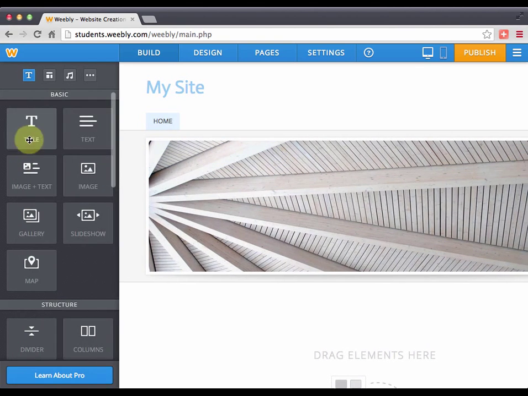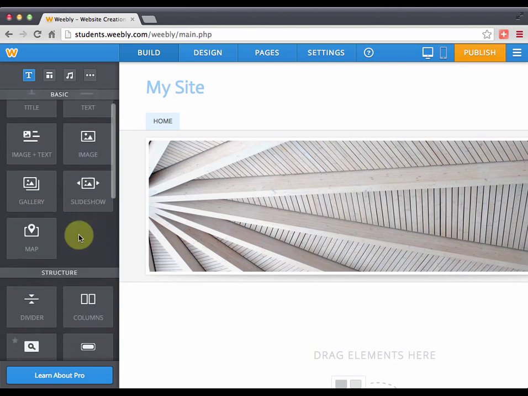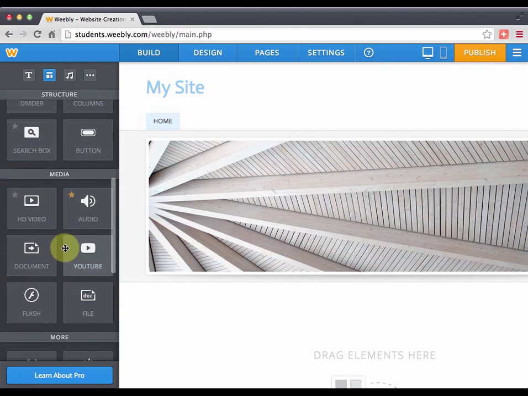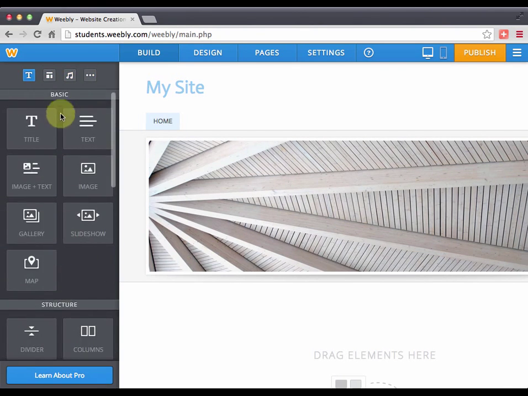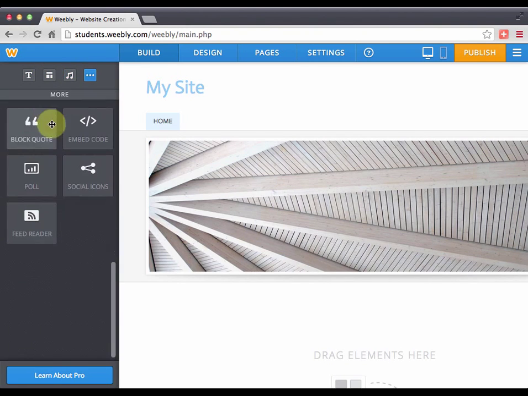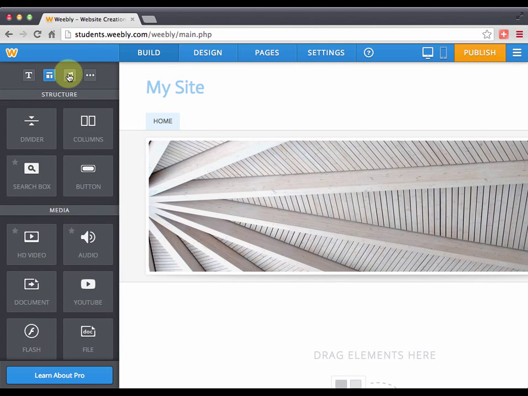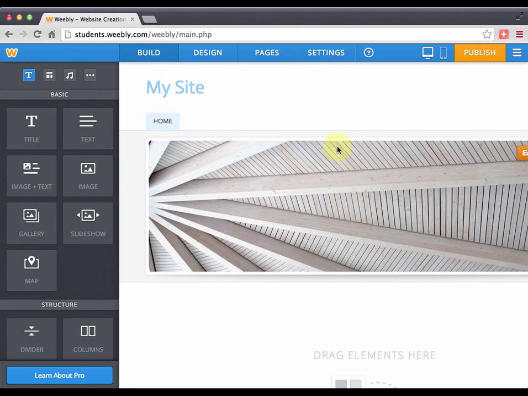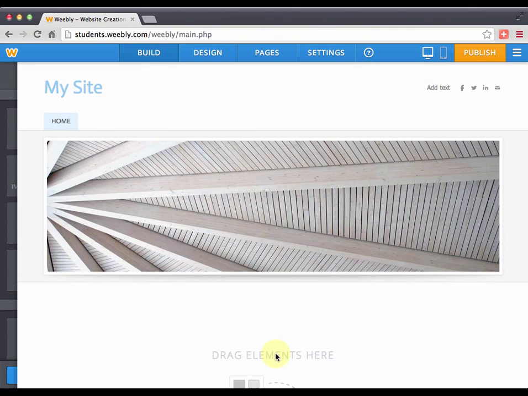And you'll also notice that you've got some items over here. These are called elements, and these elements are broken into different categories: basic, structure, media, more. And then you've got some other types of buttons here that you can always click to get you there more quickly. So that's kind of the layout of your